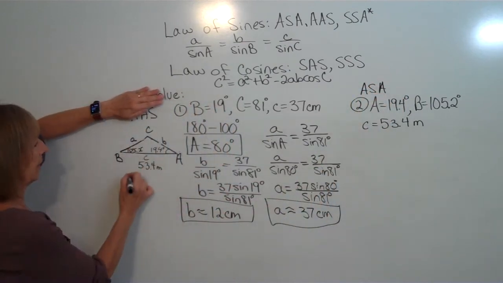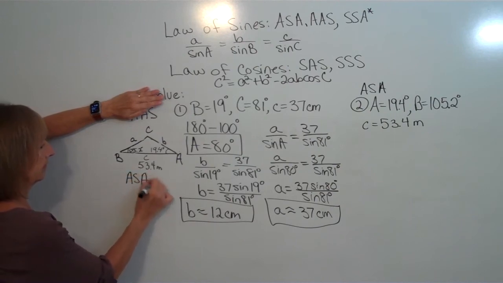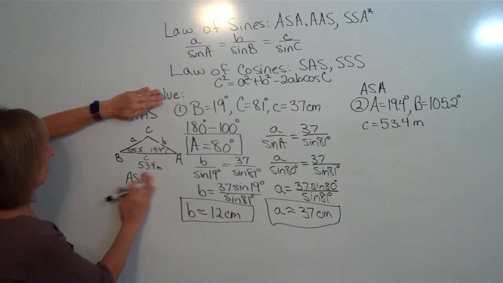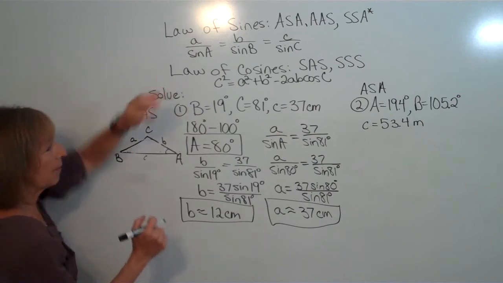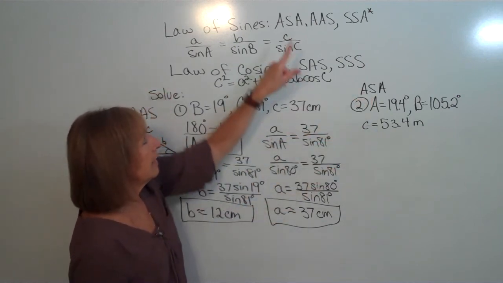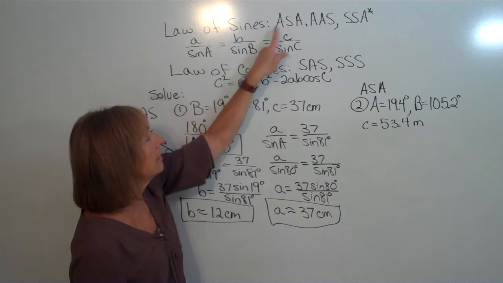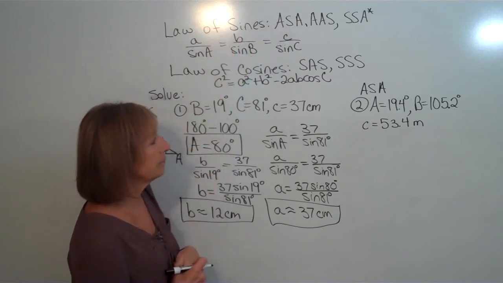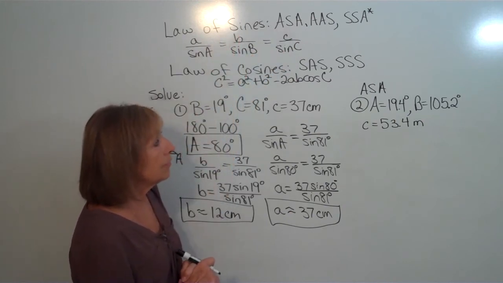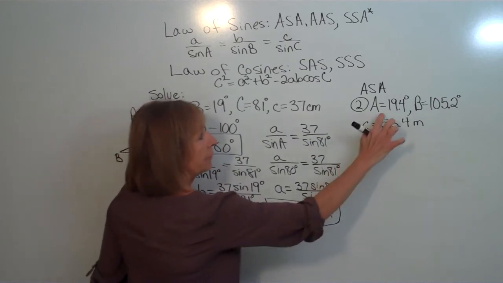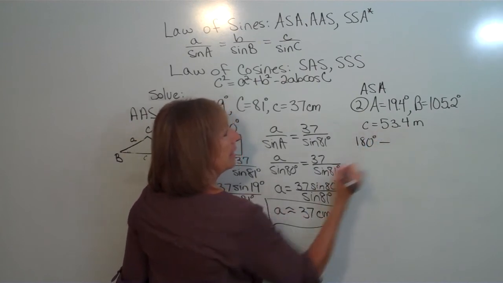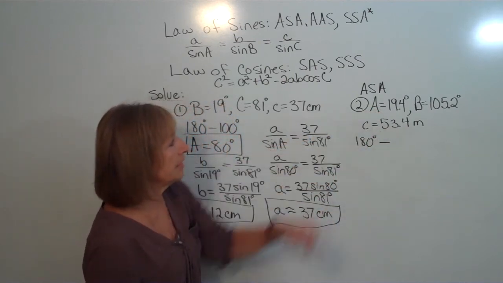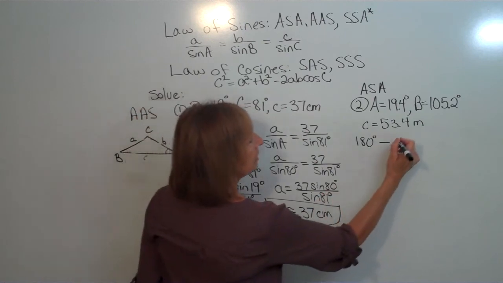So angle, side, angle case. I'm going to take this off so it doesn't get confused with the one for problem 1. And we know it's angle, side, angle case, and angle, side, angle is with law of sines. Okay, now notice here that I have 2 of the angles, and I can take my 180 degrees and subtract off the sum of these 2 angles,